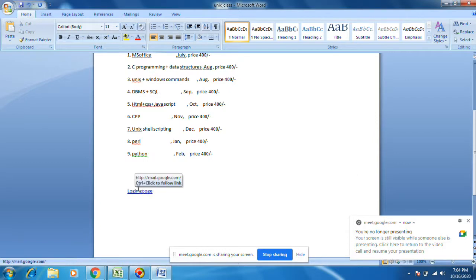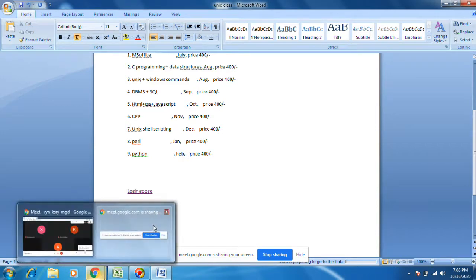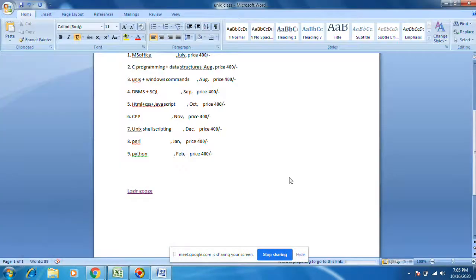If you do control plus click, you see on the top after control plus click, http mail.google.com. It will open a web page. Definitely it will open.